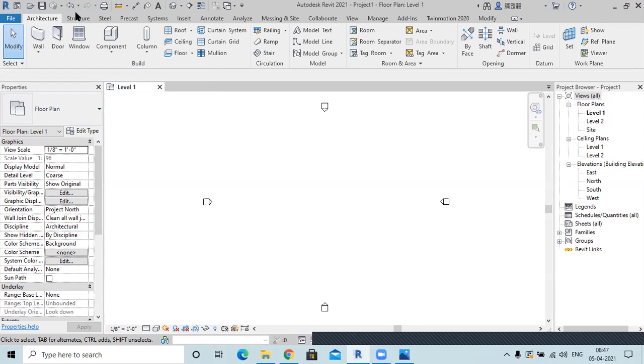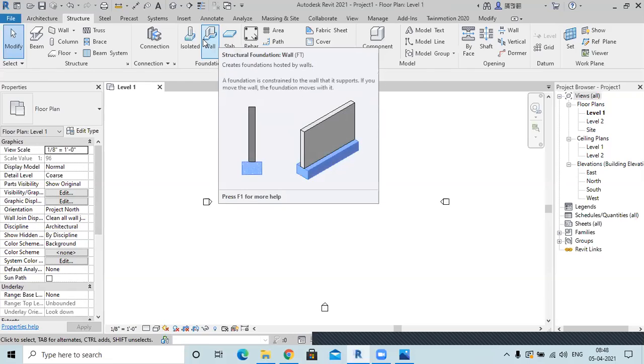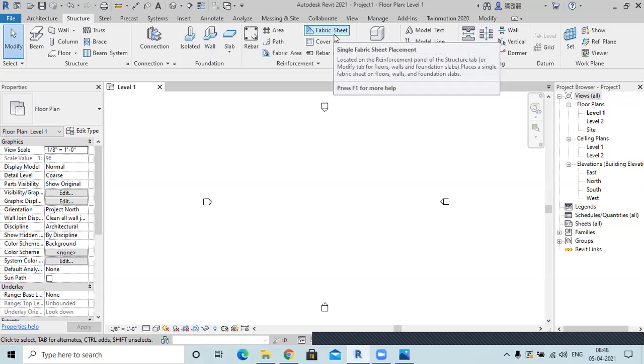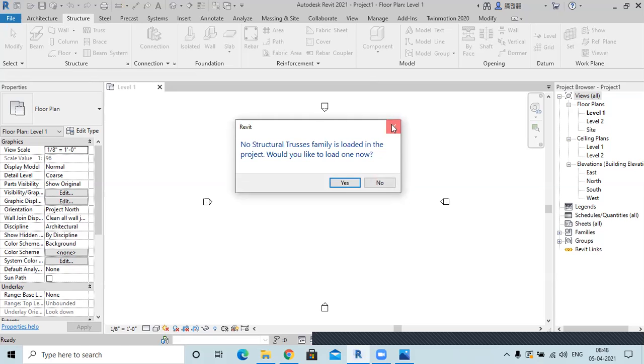Then you have all these tabs. There is this architectural tab in which you will get some options. Then you have the structural tab, which has some structural element options. These won't work here because this is an architectural template, but some of these may work. For example, I have used beam systems and beam in an architectural template, so they might work. But we won't be needing all this.